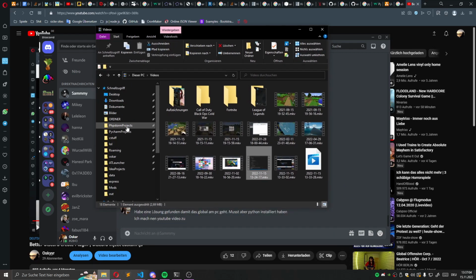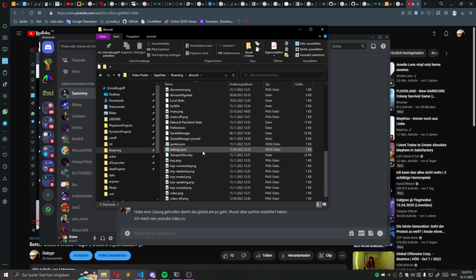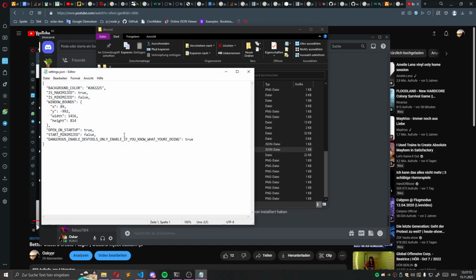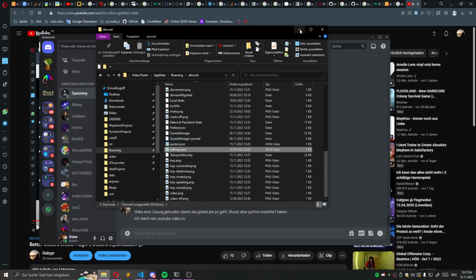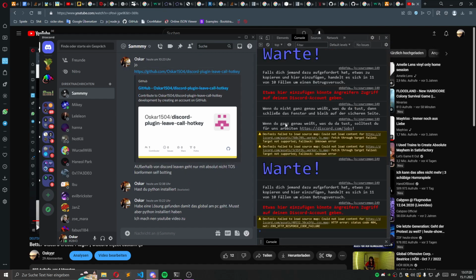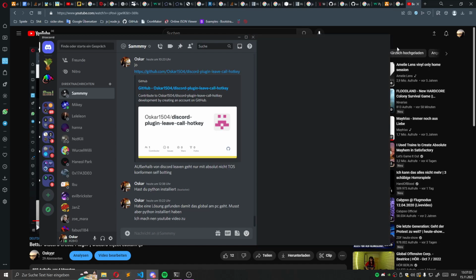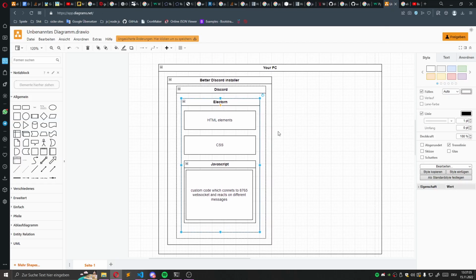You need to go to your AppData folder, then go to Roaming and then Discord, and in this folder there should be a settings file. You have to add this one line with this comma to enable the console. If you do this and relaunch Discord, you are able to open the console and inject some code yourself. So I set this up and wrote